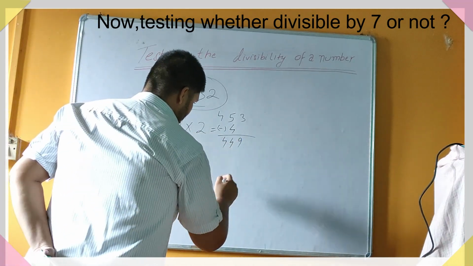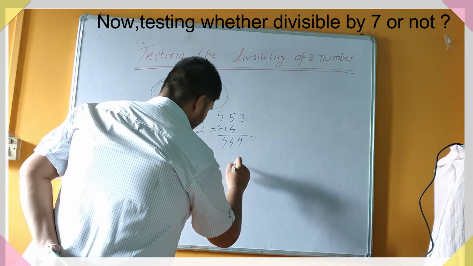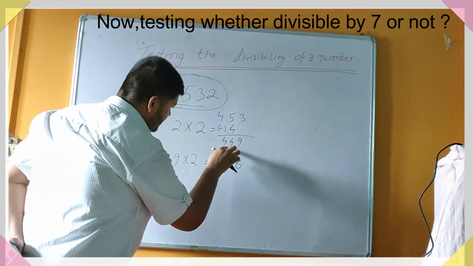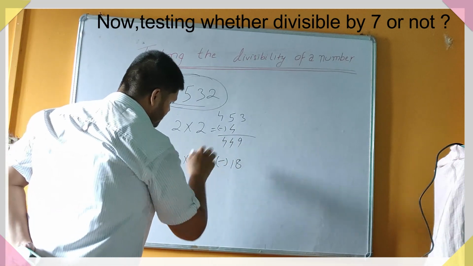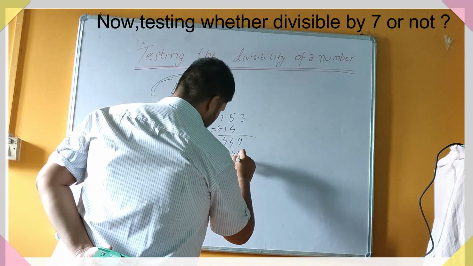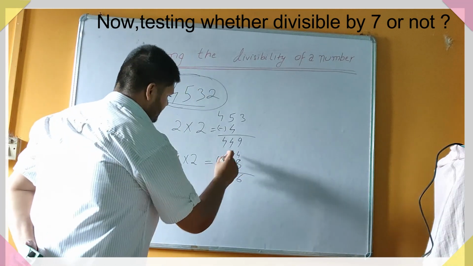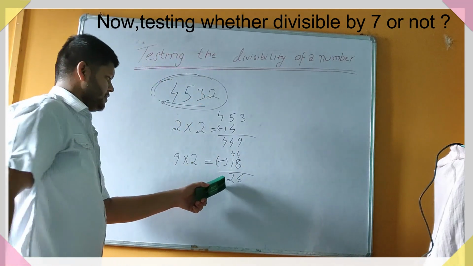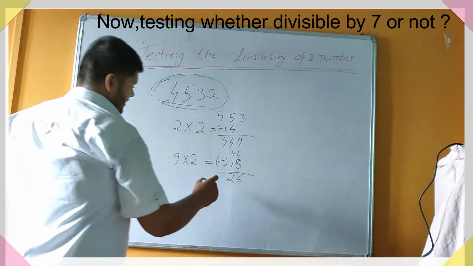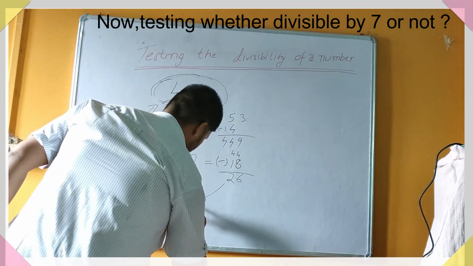So we will double this 9, that is 9 into 2. It will give 18. And we will subtract it from the remaining digits. We have taken 9, and the remaining digits are 44. So this 18 will be subtracted from 44. You will get 14 minus 8 is 6, 3 minus 1 is 2, so 26. Do you think this 26 comes under the table of 7? No.